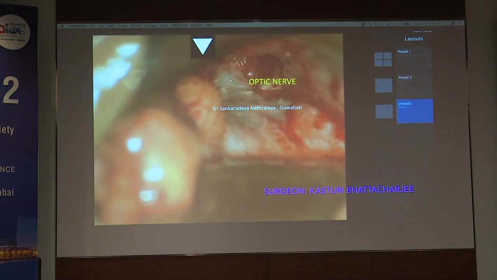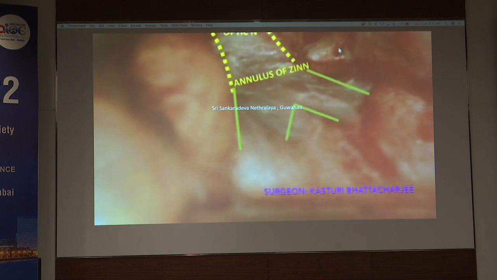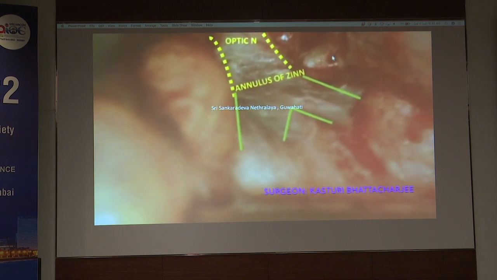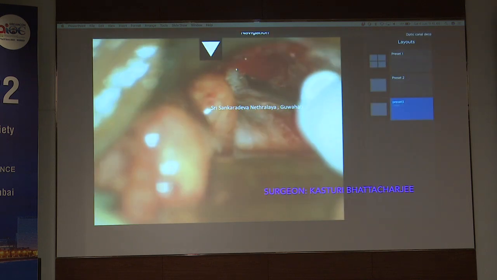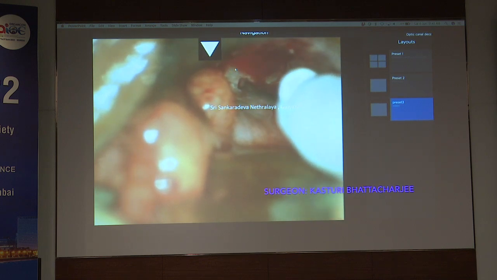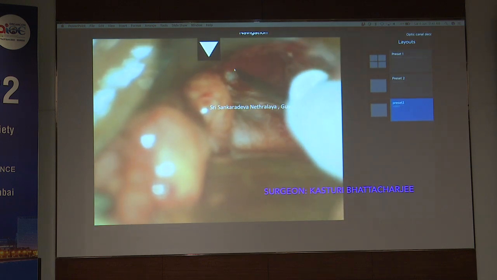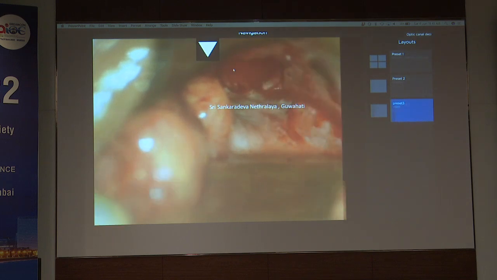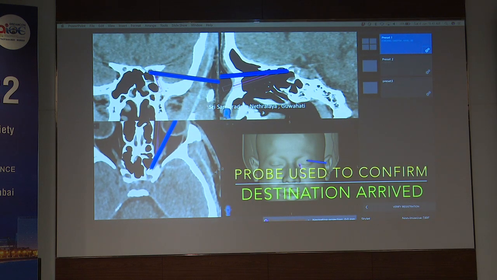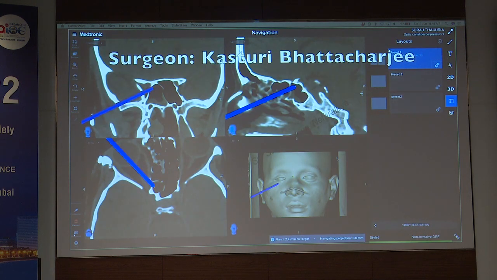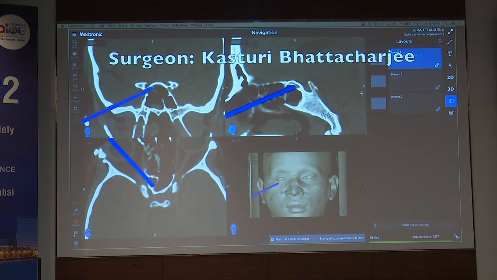This patient had a hematoma, so following the exposure of the optic nerve in the optic canal through an orbital approach, I have used an MVR to release the blood, as you can see here. So these are some of the advantages of using a navigation system, and it tells you the endpoint of the surgery. This is the stylet that I'm using.